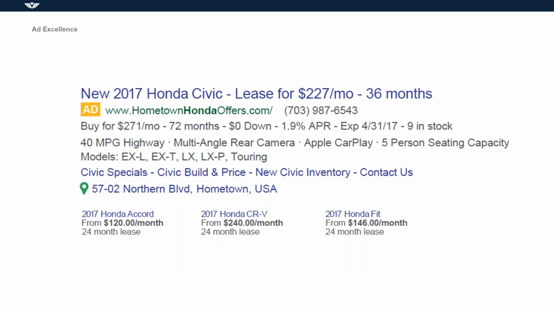Well, here's an example. We've got a sample search ad that we would write for a dealer, and breaking this down for you, we already saw the core components of the ad. You have headline 1, which is everything up to the little dash. Headline 2, which is everything following the dash. You've got 40 characters, and then 80 down here in the description that you can work with if you're working